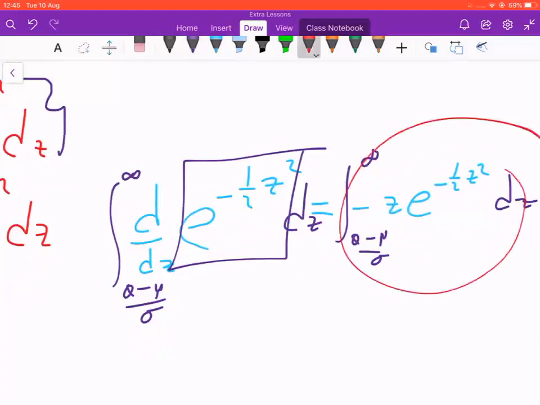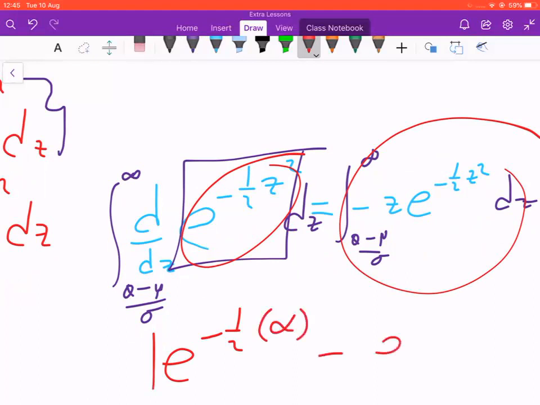So you will have e to the minus 1 over 2. So you are going to put the infinity term over here, minus the e to the negative 1 over 2 of q minus mu over sigma, and then squared, right? So the meeting is, again, the meeting is going to cut soon because